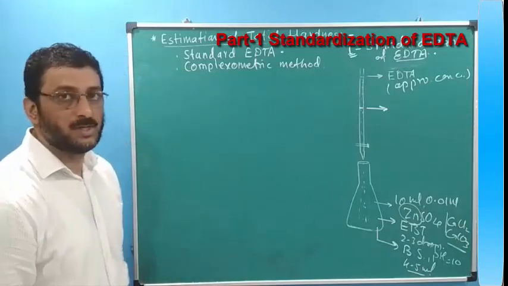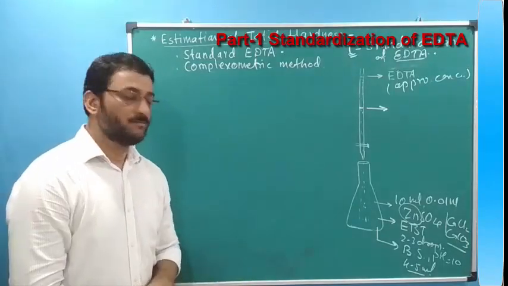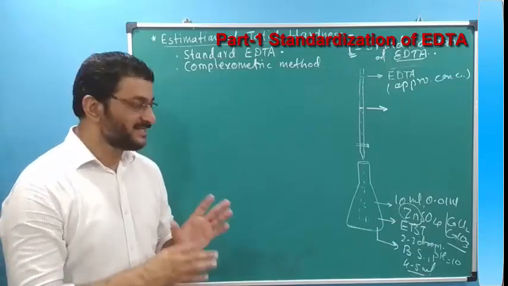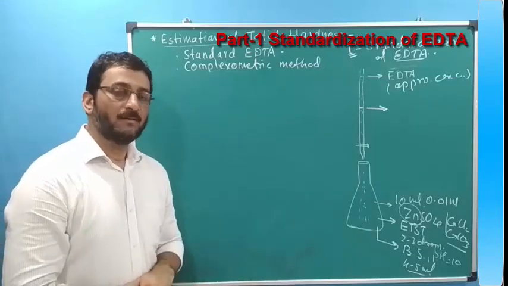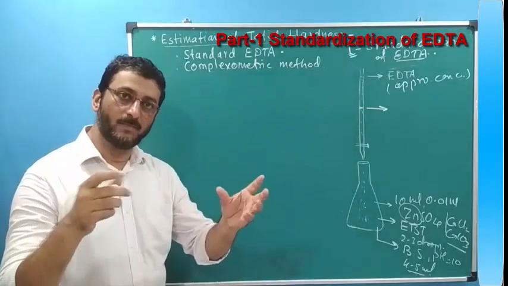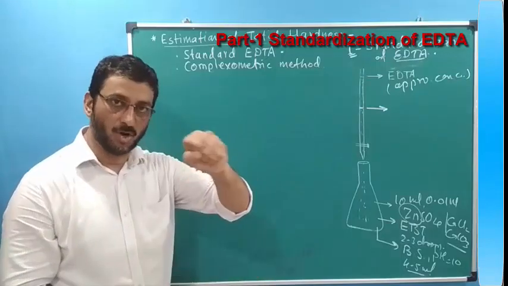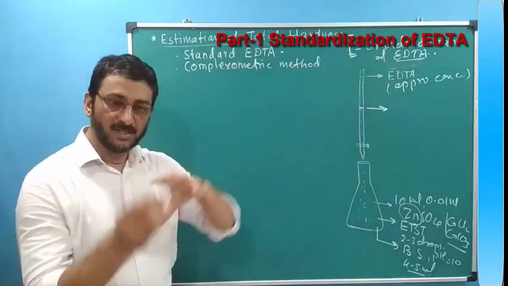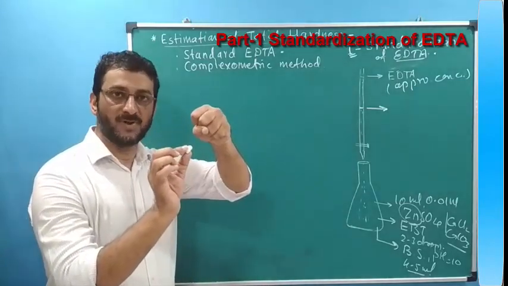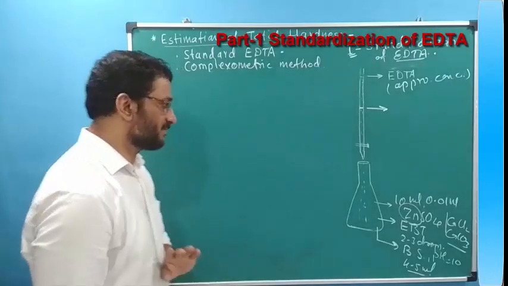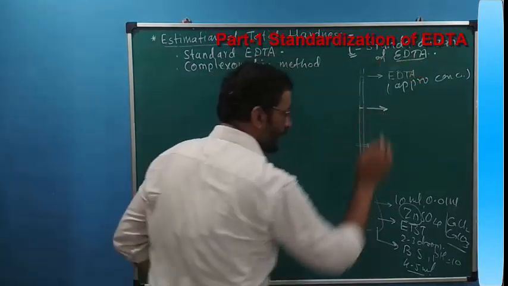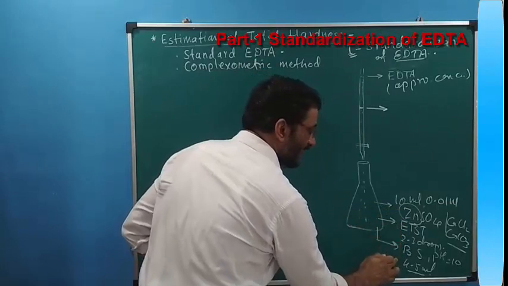I hope you understood. Role of buffer is to maintain pH, because we know that at pH 10 there is a comfortable, easy reaction. Why at pH 10? Because at pH 10 all the 6 pairs of EDTA are available to form bonding. So there will be strong bonding. Suppose this is EDTA and this is soluble ions, it will hold the ions very properly or tightly to form a complex. Simple.